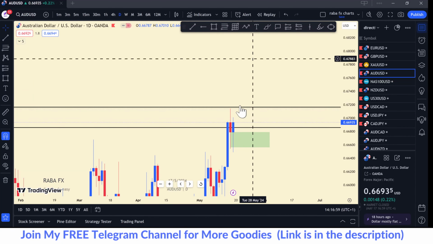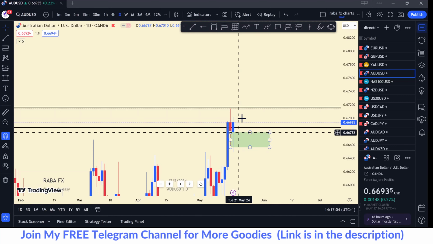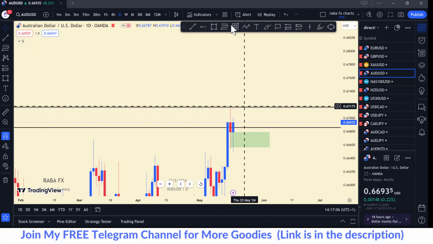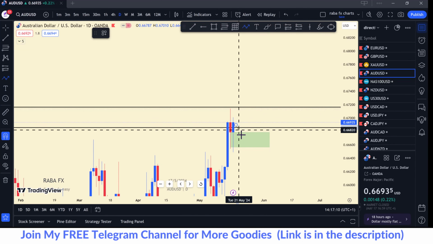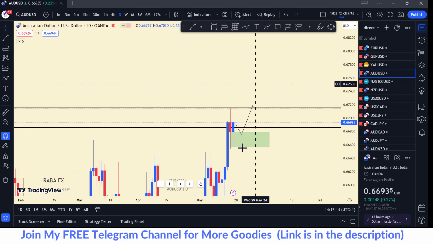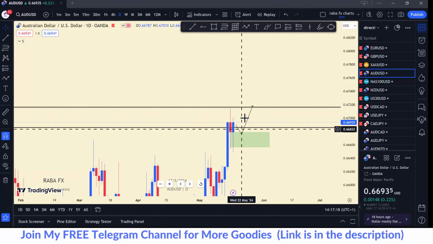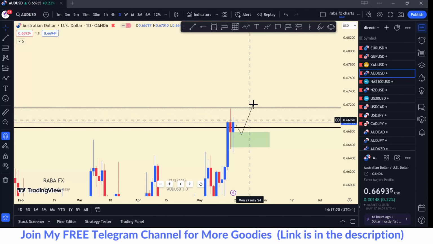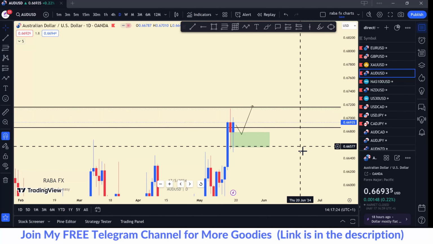Now, there's potential for swing, but because of this obstacle here, I might be moving from this level to this level. Okay? Something of this nature. Maybe if price can give me an entry here, I'll simply take it up to this point. Okay? So this will be an intraday movement. And if it doesn't complete within a day, it turns to a swing coming into the following day. All right?